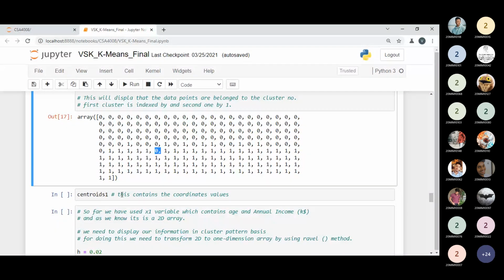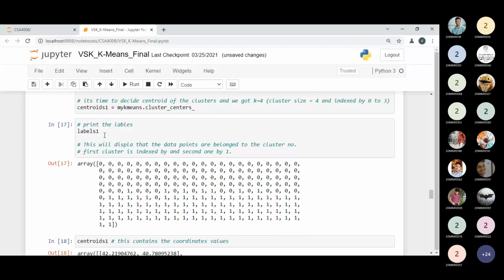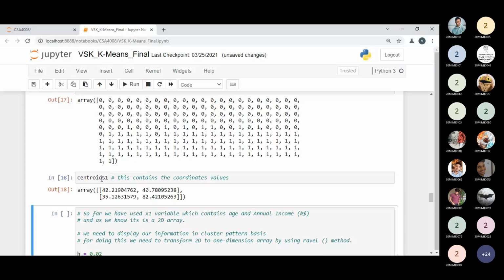Now if I'm talking about the labels and printing, labels means I'm just defining the label of the cluster. Centroid is the name of my variable, so I'm executing this code. The centroid gives us the locations where the centers exist.